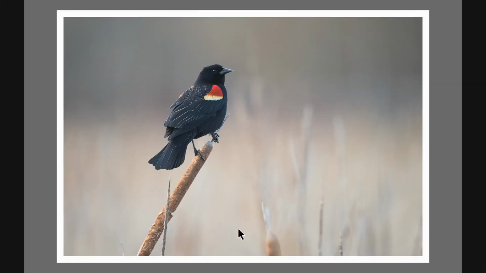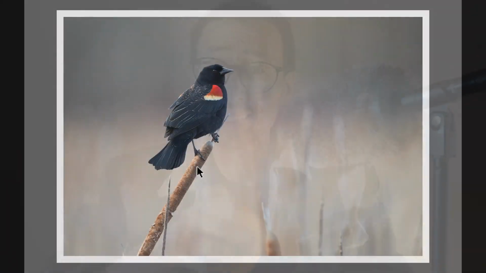I love red-winged blackbirds. Let's look at a picture of a red-winged blackbird. Here you have a red-winged blackbird on one of these cattails. It looks very nice, the background's clean, but there's a problem again. This very distinctive element here is right below the tail. You don't want distinctive elements, especially the most distinctive element here, this thing that's sticking out,